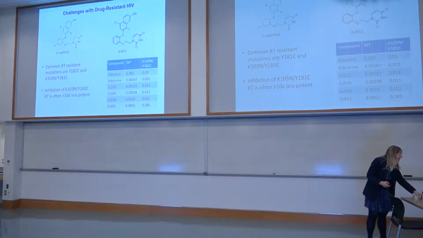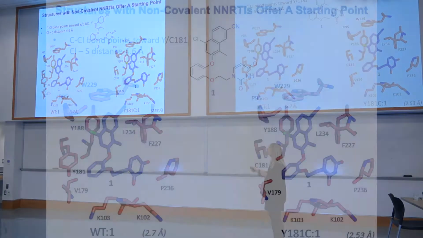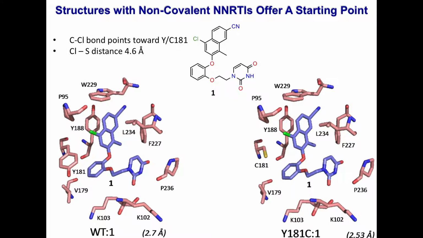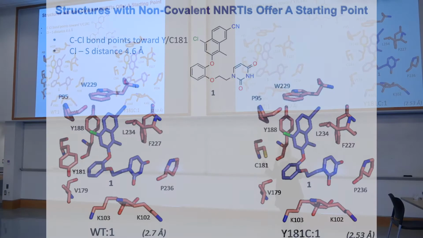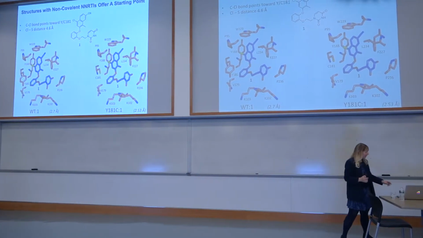And so we were able to solve the crystal structure of that particular mutant, and what clued us in, especially with the Y181C, is that this chlorine group looked like it was pretty close to this cysteine Y181, and so we reasoned that we might place that chemical warhead in this position, and that was some of the early pilot structures that we wanted to make as a test of proof of concept for this strategy.